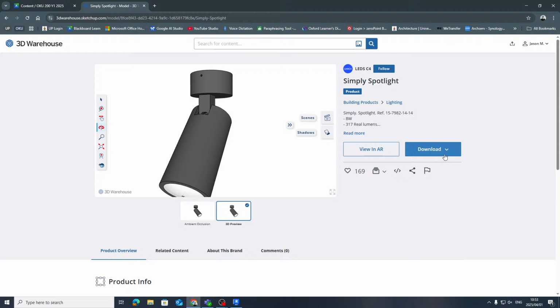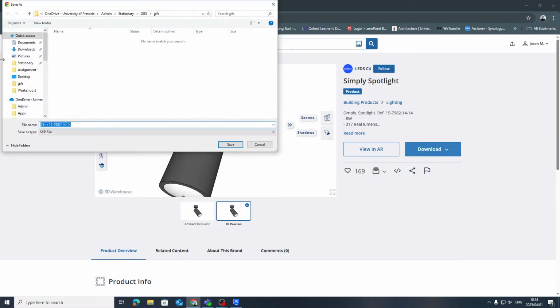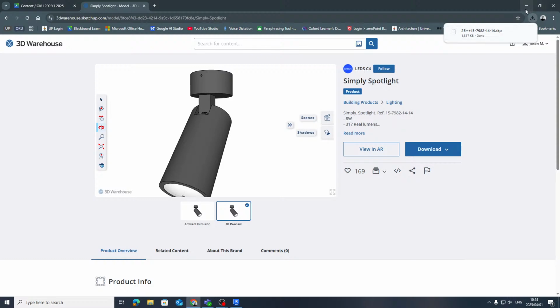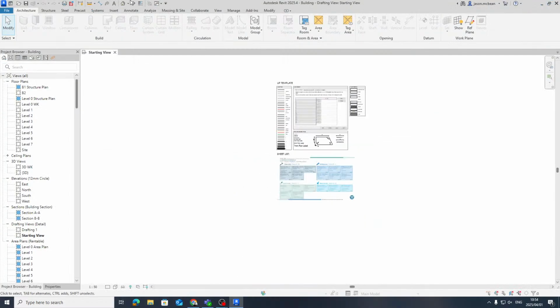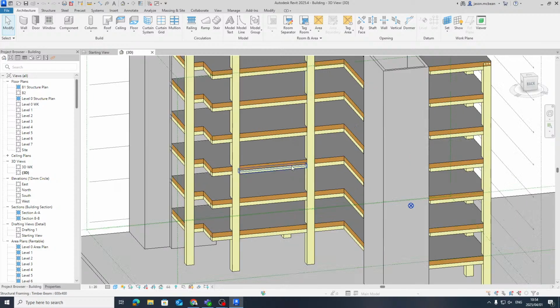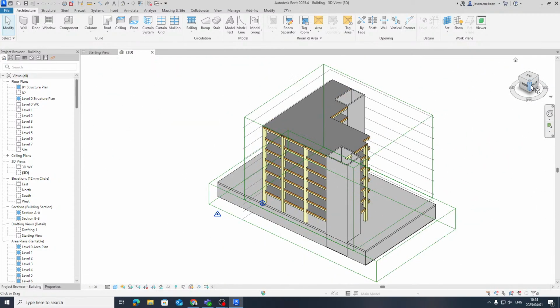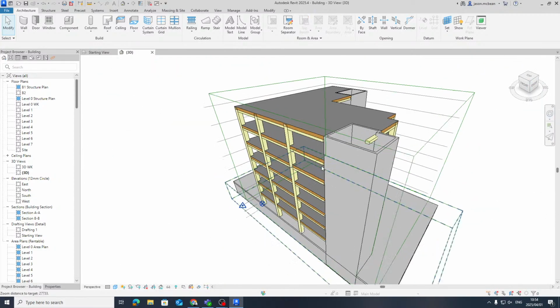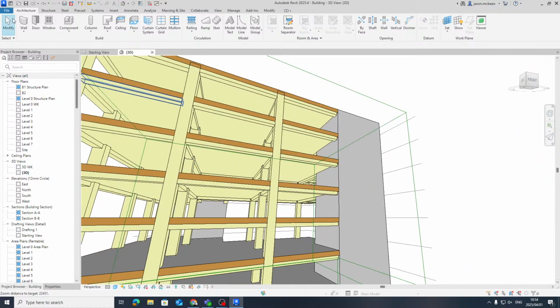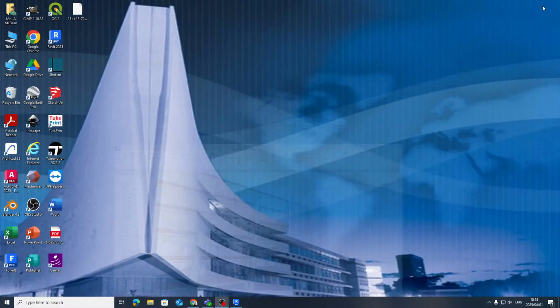What we used to do in the past is I could download this model as a SketchUp file. It doesn't matter, Collada as well, SketchUp files. So if I download this and I put this on my desktop, for example, what was great, I'm going to show you this Revit model. This is why it gets a bit complicated. If you're in Revit, because Revit's very building focused, you're building with beams, columns, using all of these systems. To model things in place is very complicated.